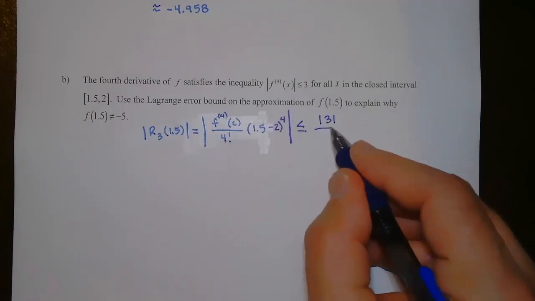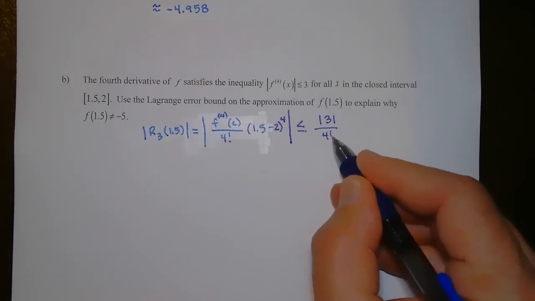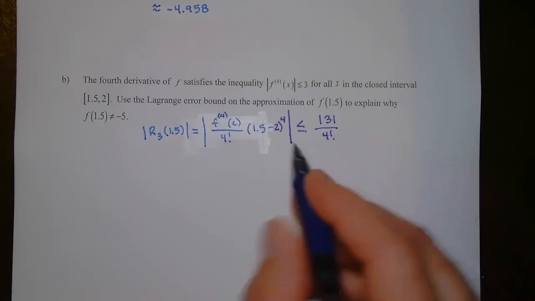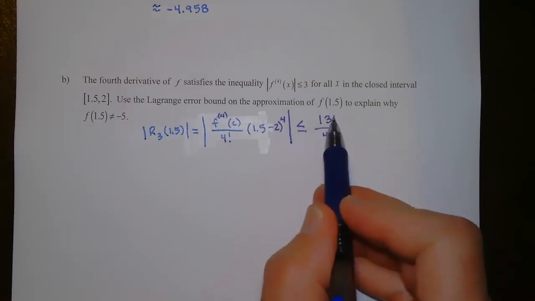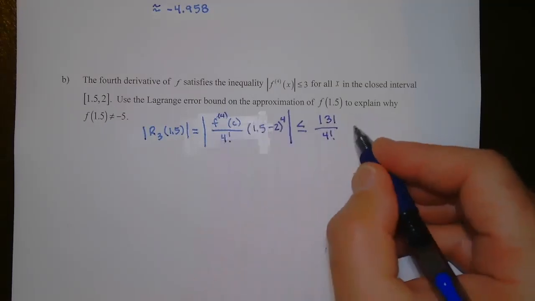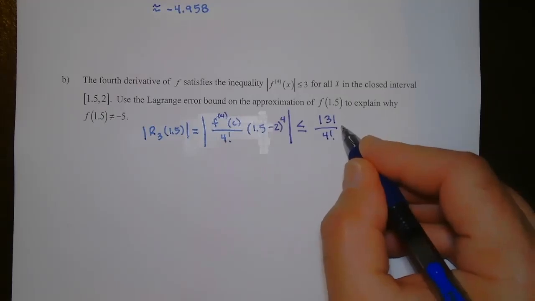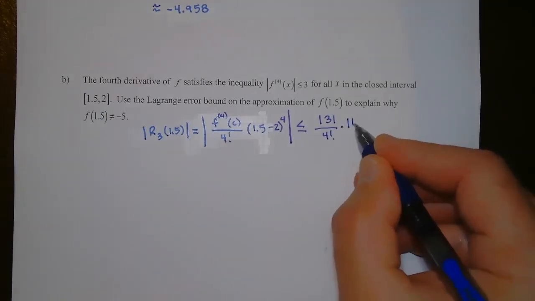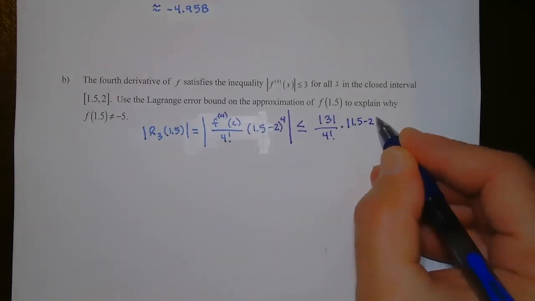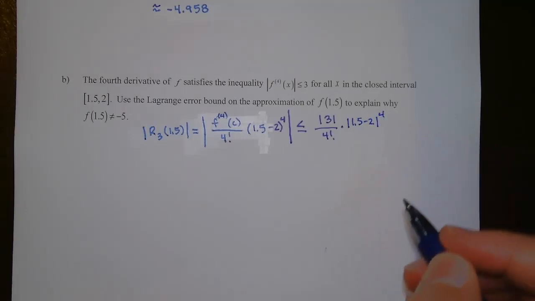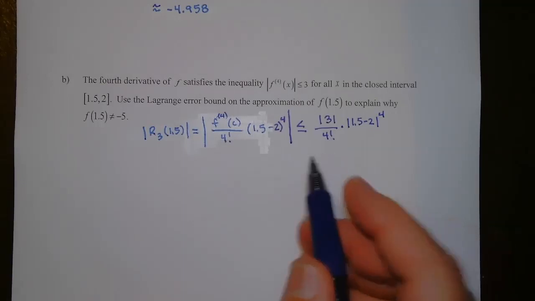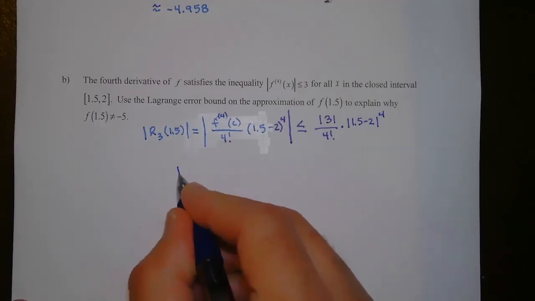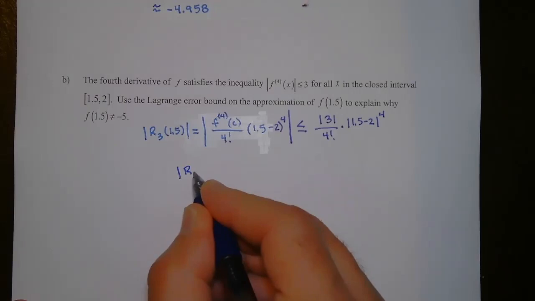over 4 factorial times 1.5 minus 2, but that's going to be negative, but this is inside an absolute value. So this is really times the absolute value of 1.5 minus 2 raised to the fourth power. This would be 3, this would be 4 factorial. So I know that the error